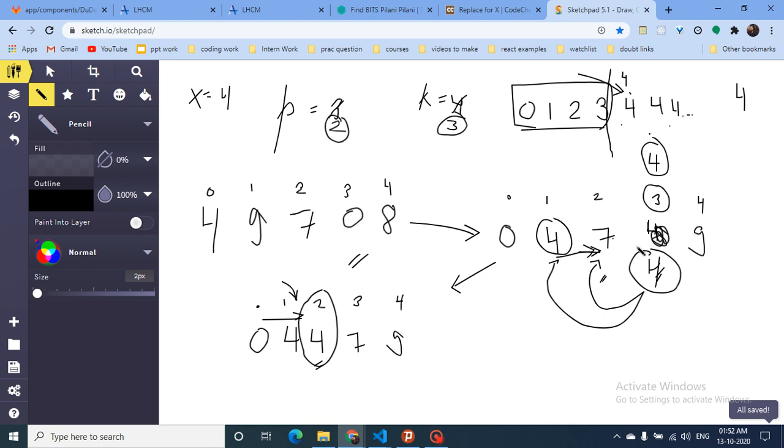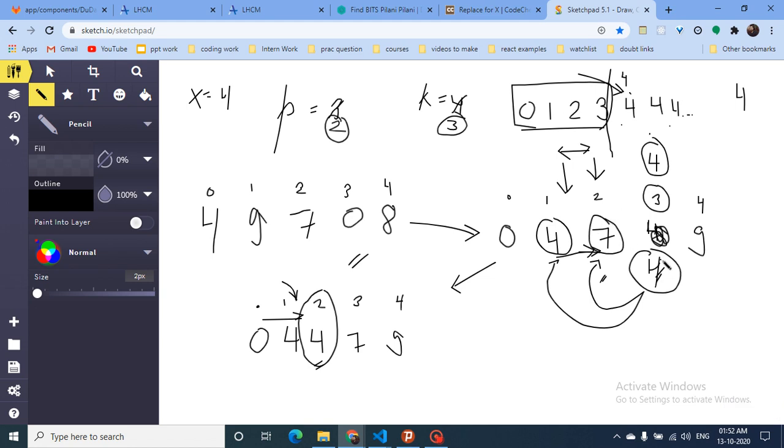Also, if I insert 4 at this position, it will reshift to this position and keep on inserting after this position, so it will be like 4, 4, 4. So I have to find the distance between the place at which this number will get inserted and the final position I want. If I get this distance, that is the number of 4s I have to insert, such that this 4 will keep on shifting and come to this position. So that's the whole trick.